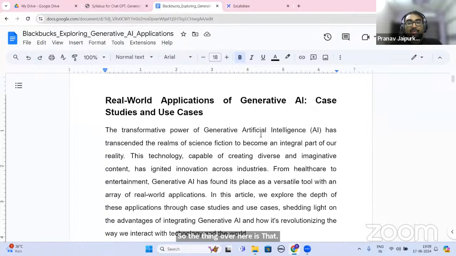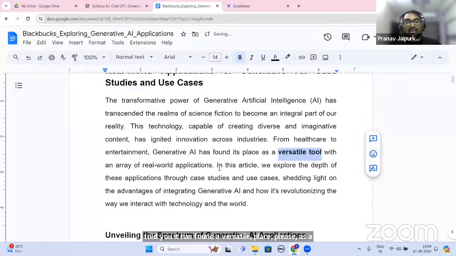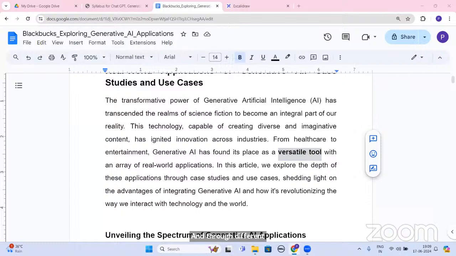The transformative power of generative AI has really helped you, as I have told you. It has found its place as a versatile tool in real world applications, right? And through the different case studies present here, we would be shedding some light on how this can be used.